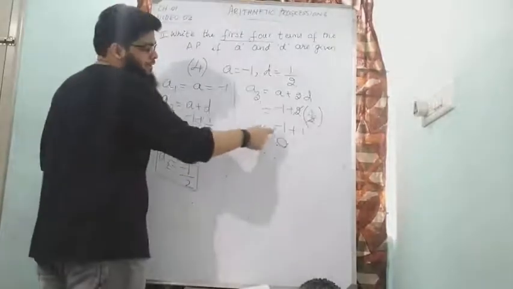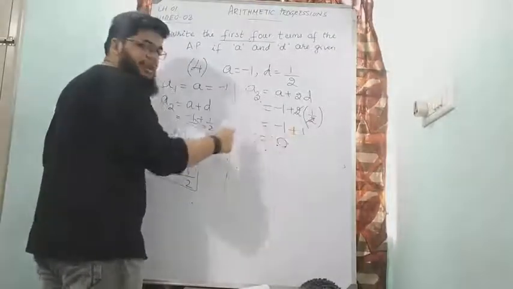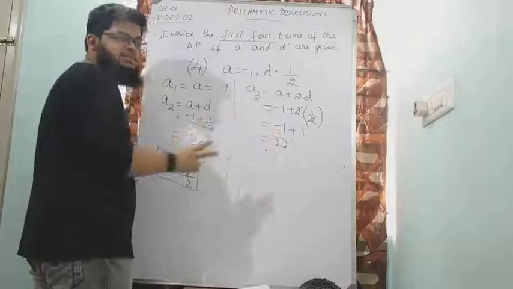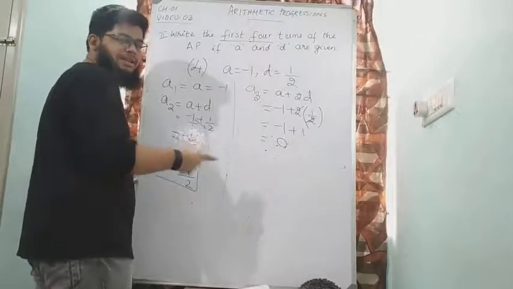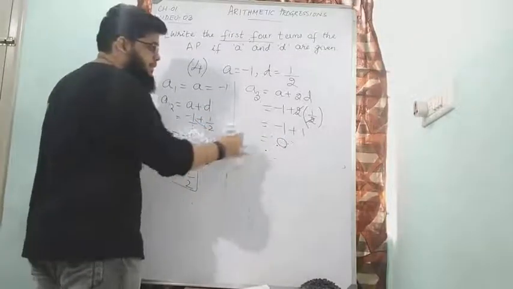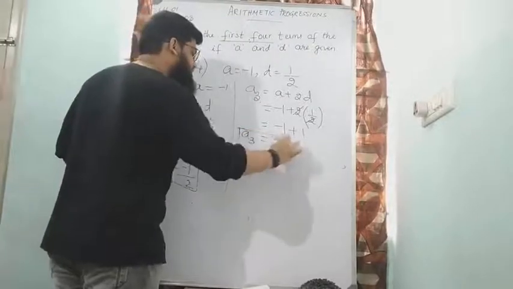Or any number, even if you have minus 10 plus 10, minus 20 plus 20. Same numbers with one minus and plus can always be cancelled because the result will be 0. So the value of A3 will be 0.